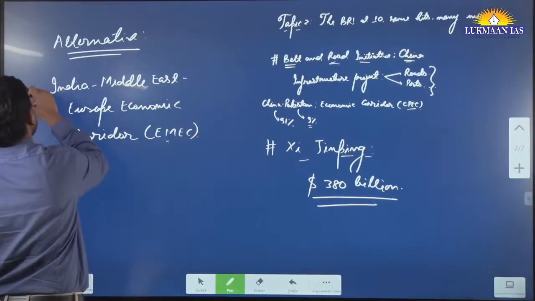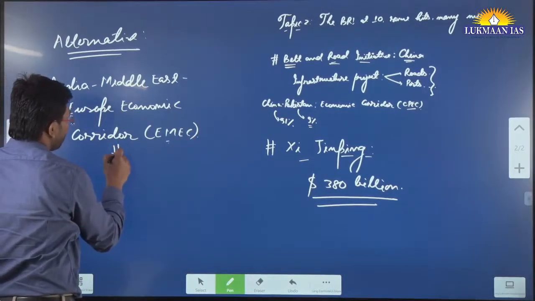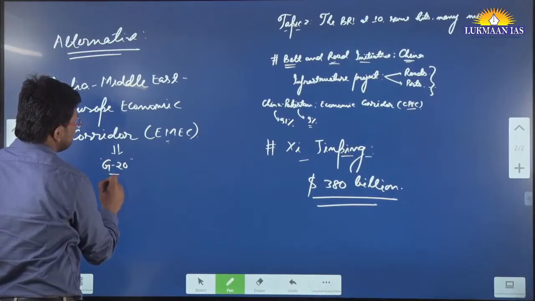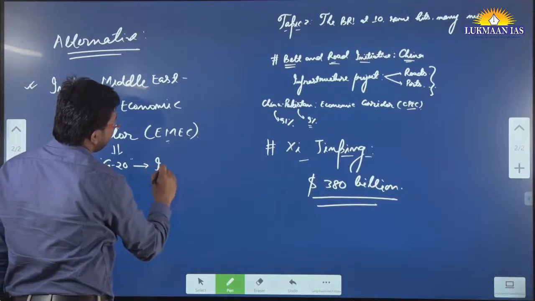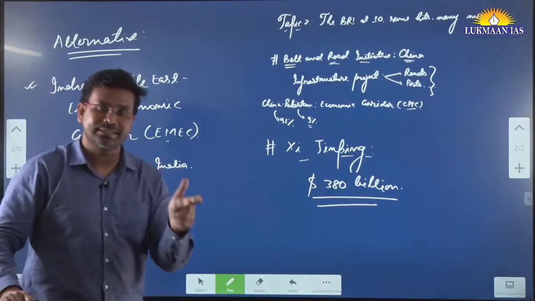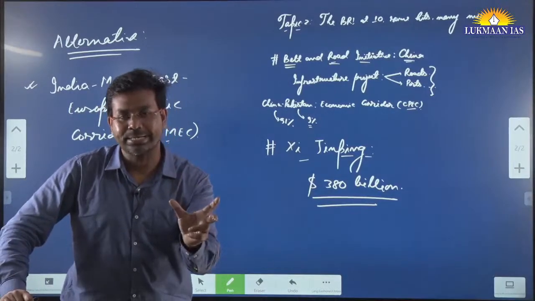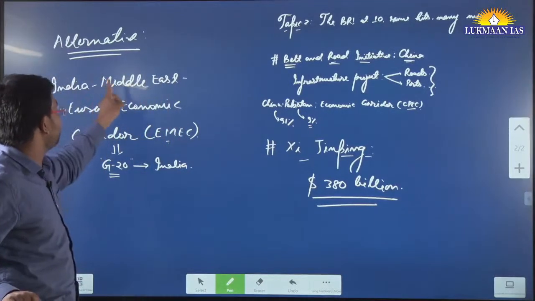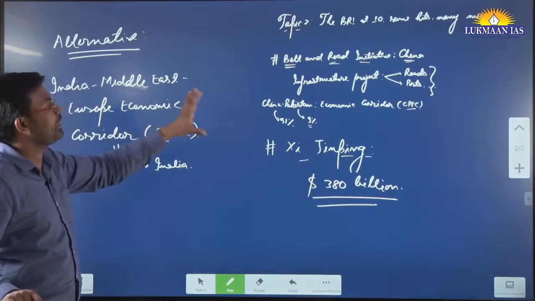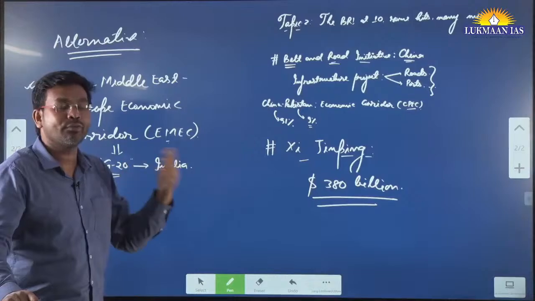Like that, okay. So this particular project was initiated during the G20 summit that was presided over by India this year. This is a project in its nascent stage, meaning they have just conceptualized that we will be having the India, Middle East, Europe Economic Corridor. This is going to be a potential alternative to the Belt and Road Initiative of China.